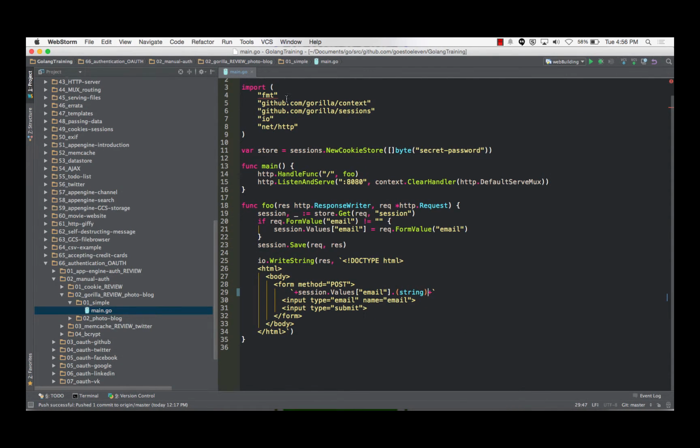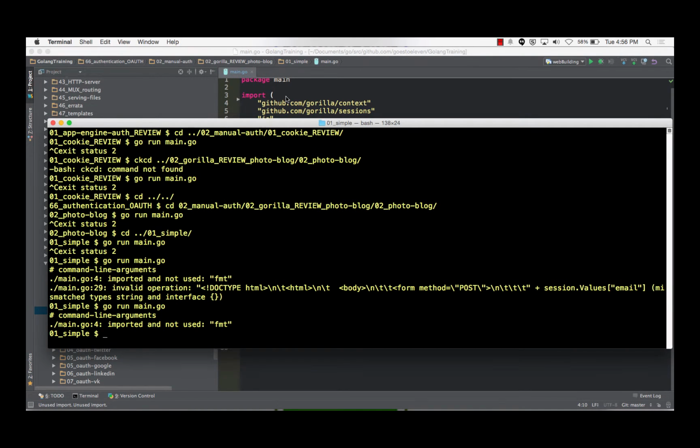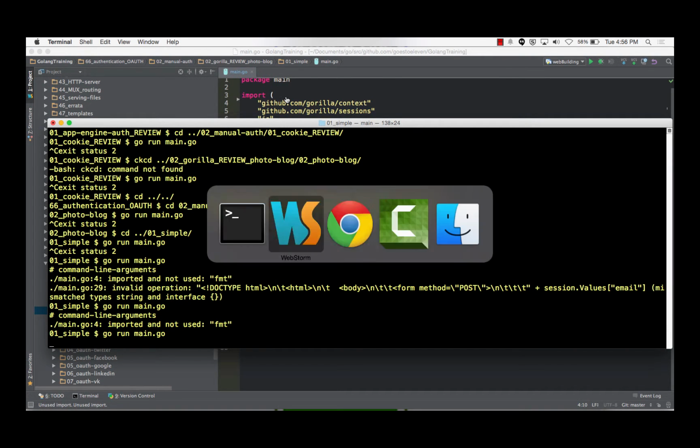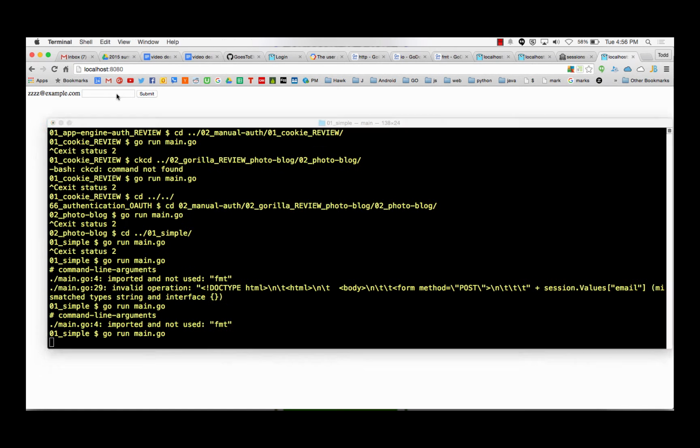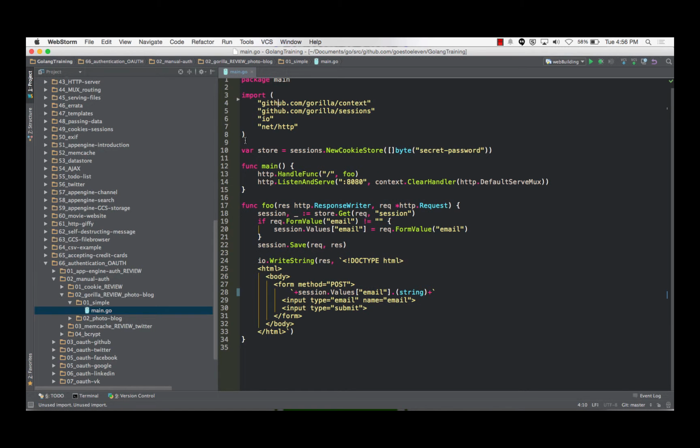Import and not use font. So let's get rid of that. And go run it. Cool, so that worked. I liked it this way better though.